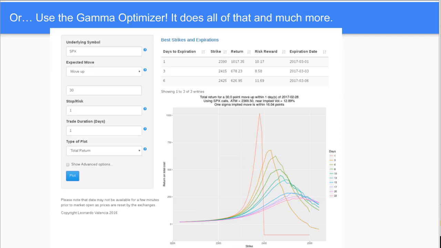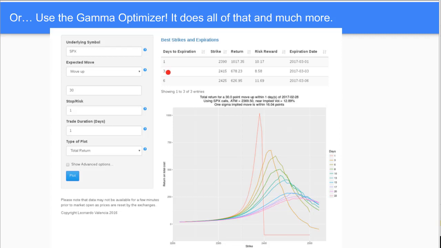The gamma optimizer is a very simple tool. It's not a magical tool, folks. It won't tell you where the market is going, or give you targets. You already have to have a view of the underlying. You have to have what I call a thesis. You have to know, okay, is this thing moving up or down, and how much, and in what time frame. You have to have an idea of what you want. You cannot trade blindly. But once you have that idea, you can come to the gamma optimizer,